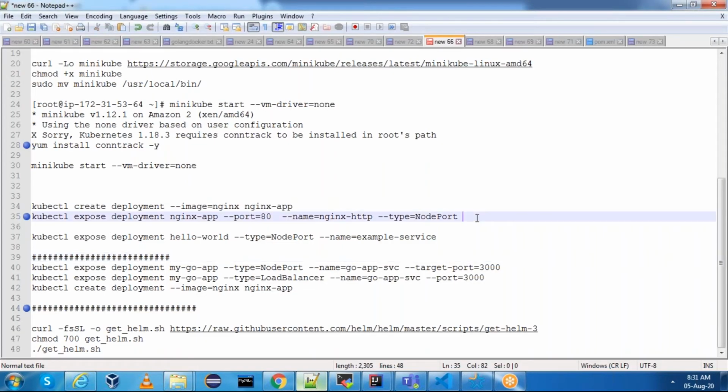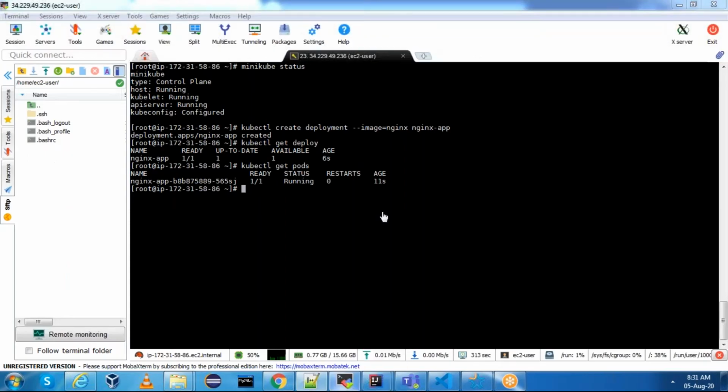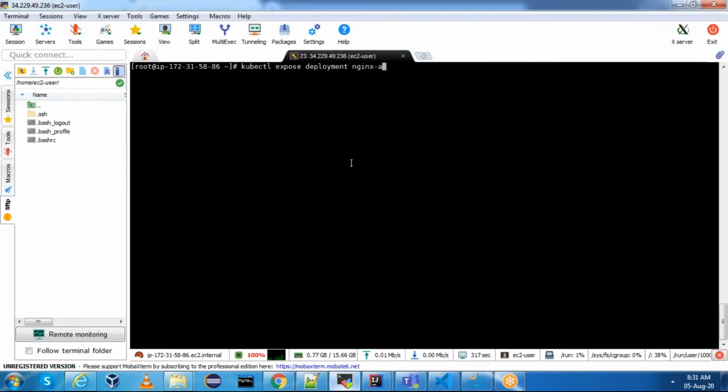You can expose the deployment and mention the type as NodePort, so that it will expose some port number on this, and we can allow that in the security groups, and we can see the response. Now see this, kubectl get service.